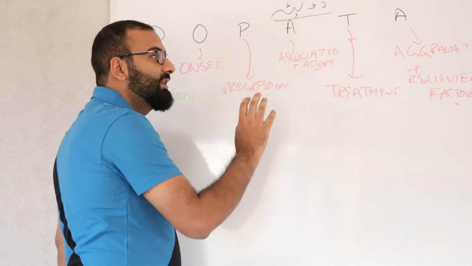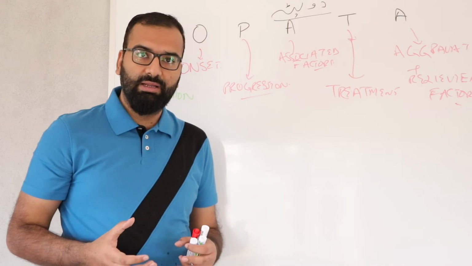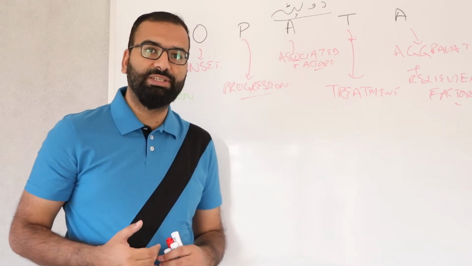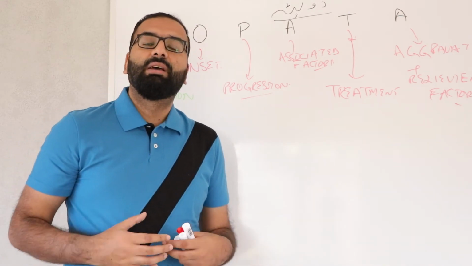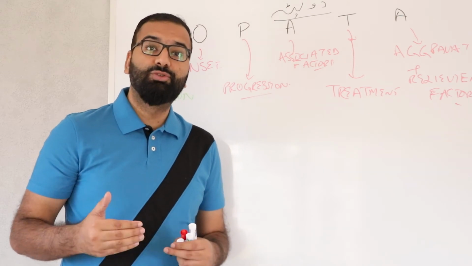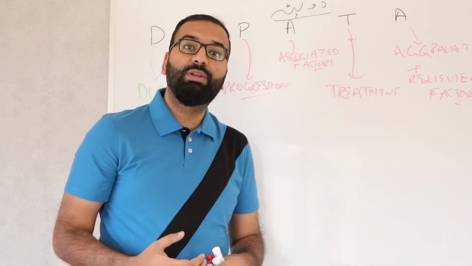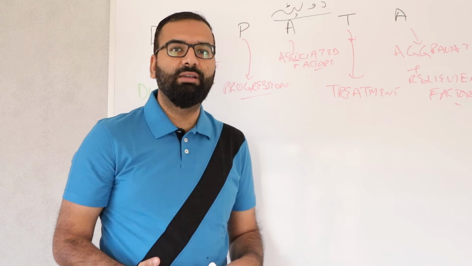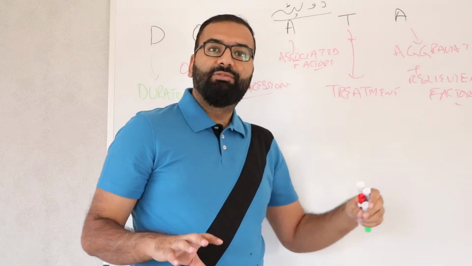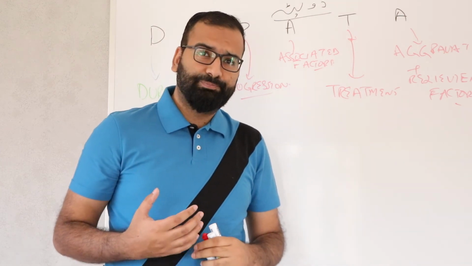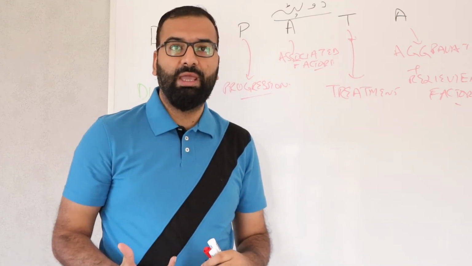Then you will ask for the associated factors. This will depend on your particular knowledge about that particular complaint that the patient has. So for example, with nasal obstruction, you can ask for allergies or any other relevant thing that is usually associated with nasal obstruction. Then you can ask for the treatment. You can say, did you take any medication, did you try to treat it on your own? And finally, A for aggravating plus relieving factors, you will ask the patient whether the patient feels the complaint to increase or decrease due to any factor.